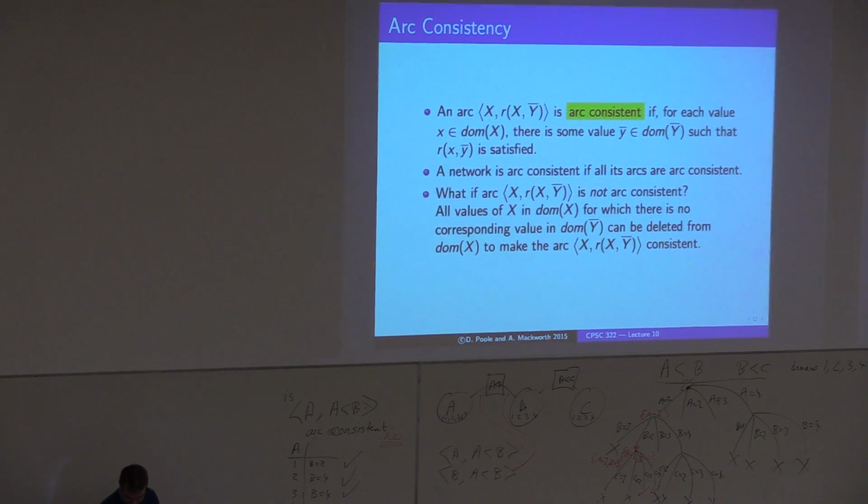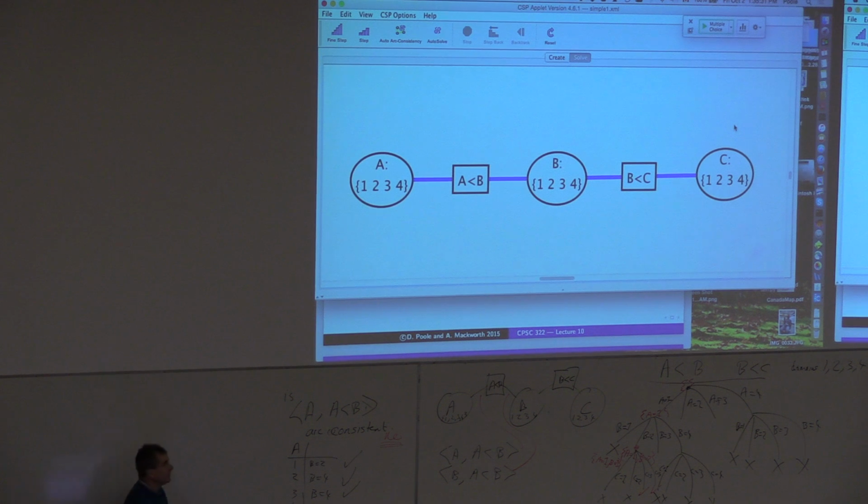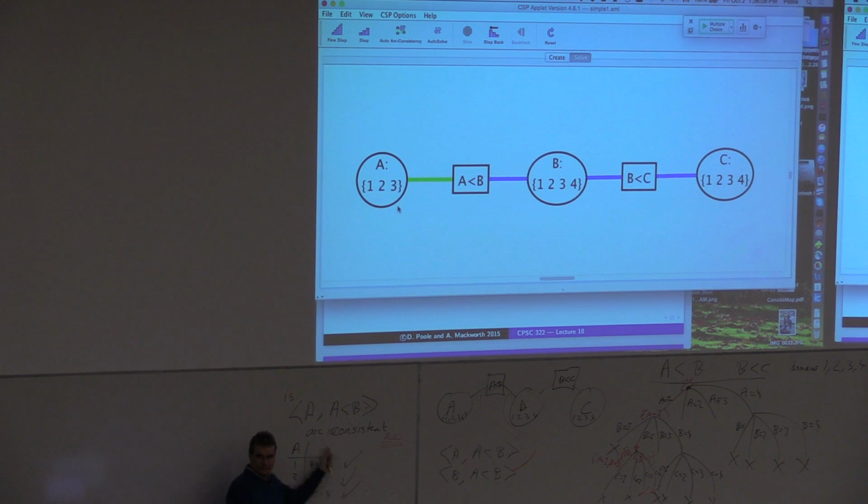So let's actually go through and look at this. We have this on the AI Space website. There's this little Constraint Applet, which does this for us. And this is the arc that says A is less than B. What's it going to do here? This is the one we did here, so what did it do? It's going to prune something from A. What's it going to prune? 4, right? So if I press on this arc, it's going to prune 4 from A. So it just displays what I just did here.